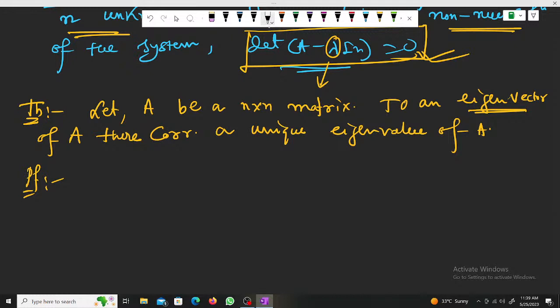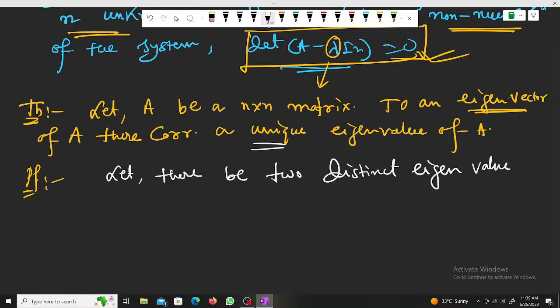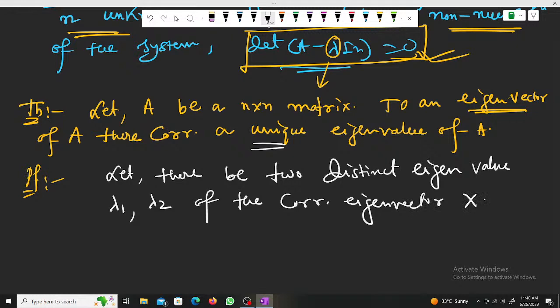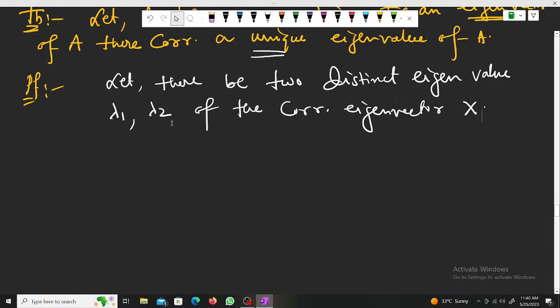ওকে, তো আমাকে দেখাতে হবে ডিস্টিংক্ট এবং ইউনিক, তাই তো? সাপোজ ধরলাম যে let there be two distinct eigenvalues, suppose λ1 and λ2 of the corresponding eigenvector x. সাপোজ A ম্যাট্রিক্সের দুটো ডিস্টিংক্ট আইগেন ভ্যালু ধরলাম λ1, λ2, এই দুটো আইগেন ভ্যালুর করসপন্ডিং এ আমার ভেক্টরটা হলো ক্যাপিটাল X।